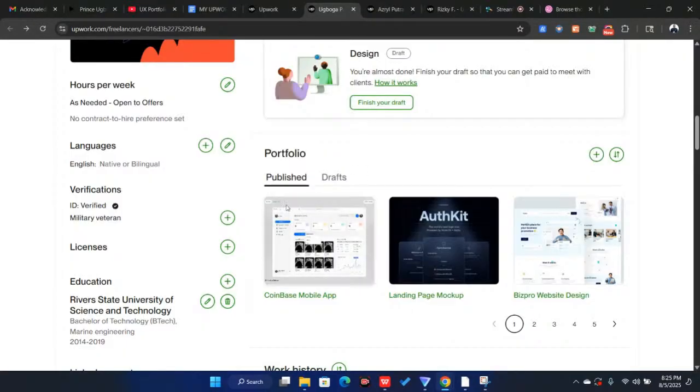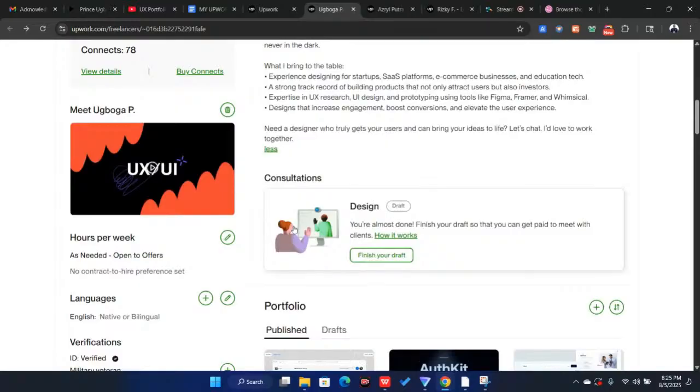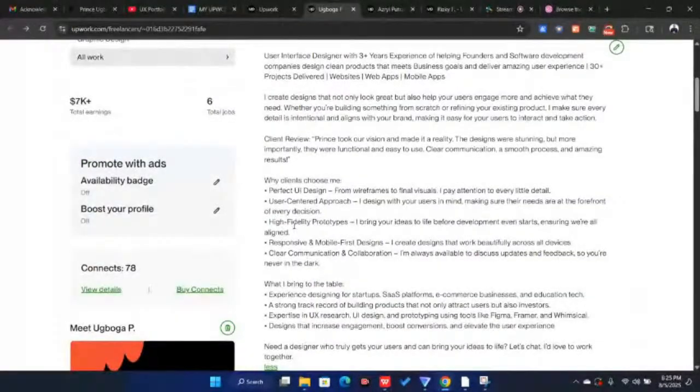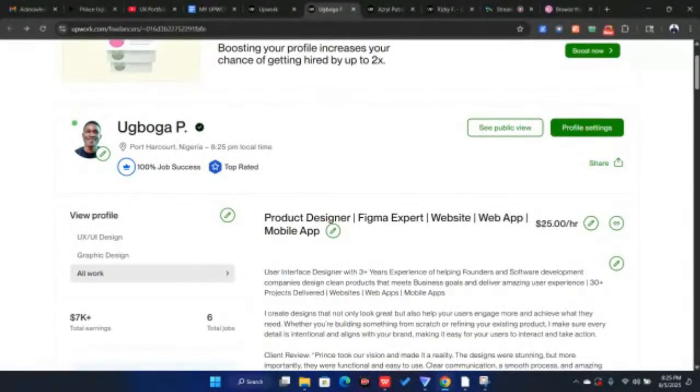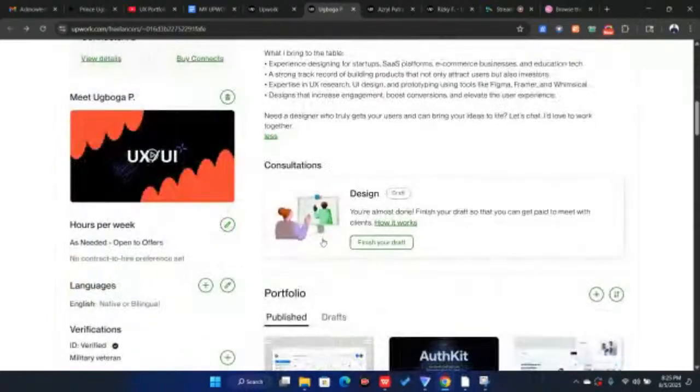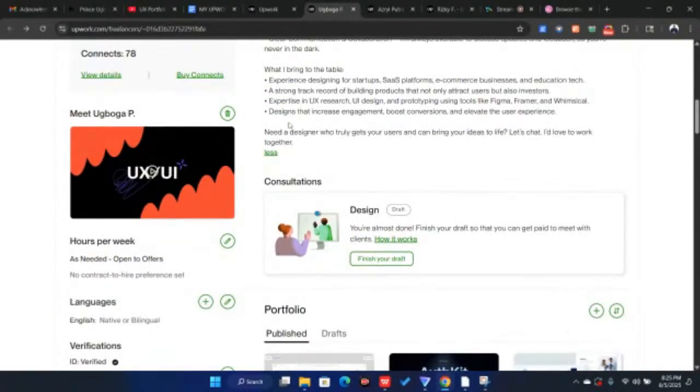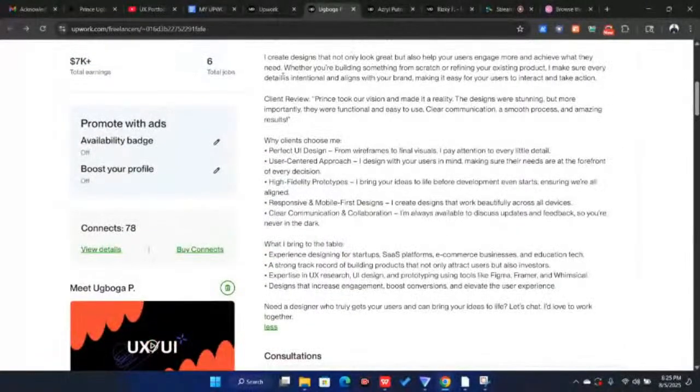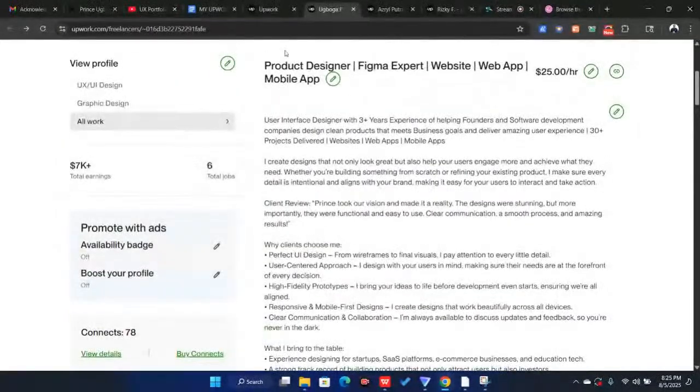So I've just added a portfolio in this class. This is profile optimization. We've done the headline, we've done pricing, we've done this. I've given you a bullet point of the things you need to put. I mentioned what you do, the skills, the tools, who you